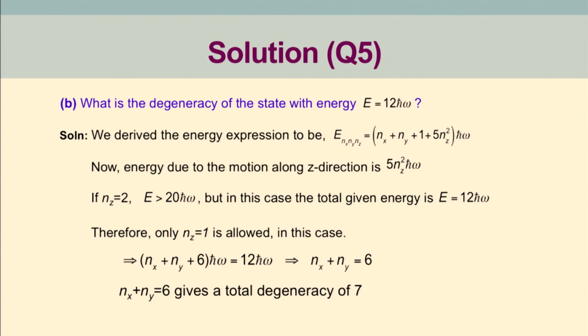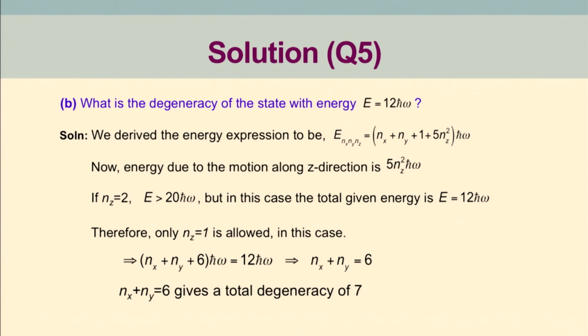So, if I substitute that, then I will get (nx plus ny plus 1 plus 5 nz squared) h cross omega. If I substitute the 12 h cross omega here, I will get an expression which involves nx, ny and nz. Now, one thing is very important here: because of the term 5 nz squared, there will be an upper limit on the value of nz that I can choose,